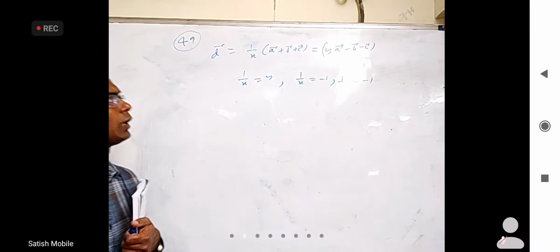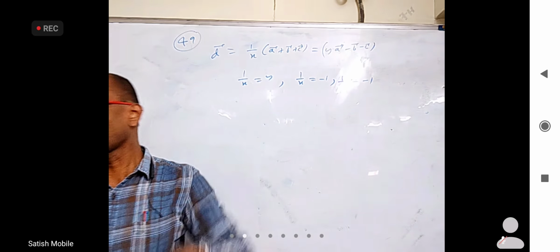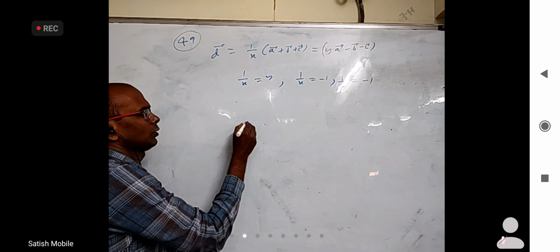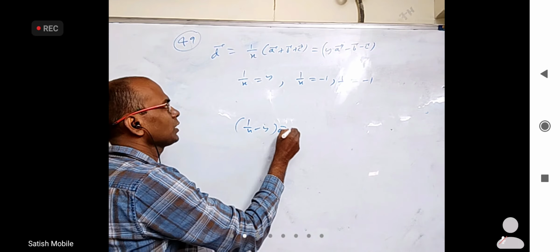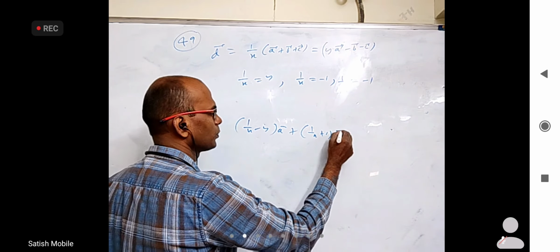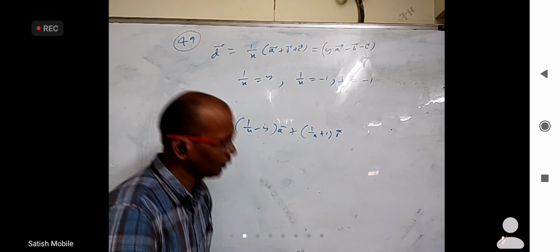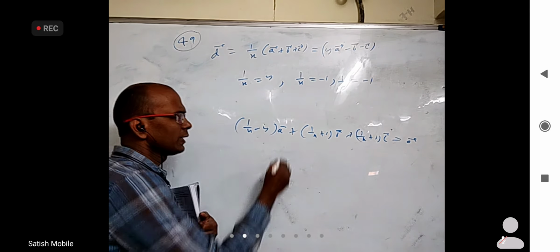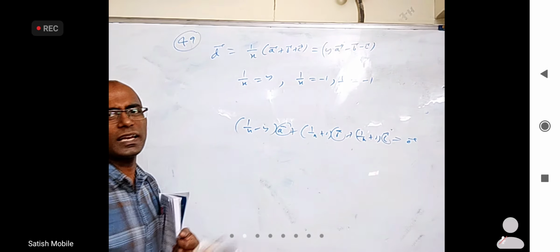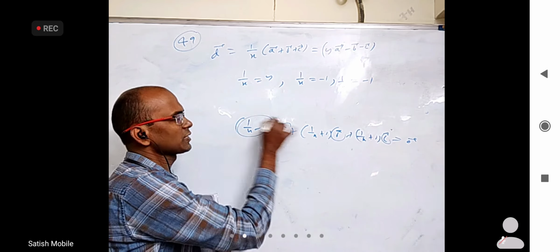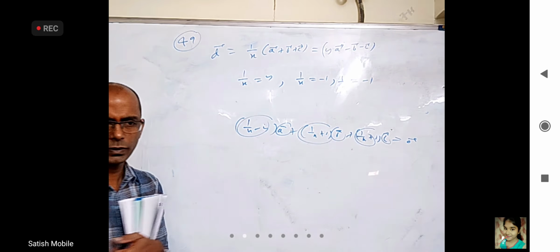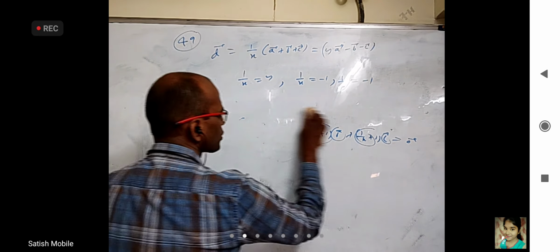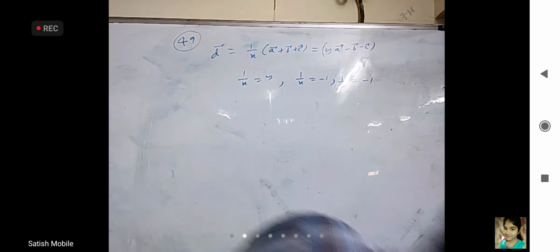That's it. But I said we can only equate coefficients when A, B, C are non-coplanar. In fact, you can bring one side, you will get 1 by x minus y into A bar, 1 by x plus 1 into B bar, and 1 by x plus 1 into C bar equal to 0 bar. A, B, C are not coplanar, but you are able to find a linear relationship between them. That is only possible when this is 0, this is 0, this is 0, which is exactly this only. So the comparing coefficients concept came from them being non-coplanar. Anyway, just by equating the coefficients.